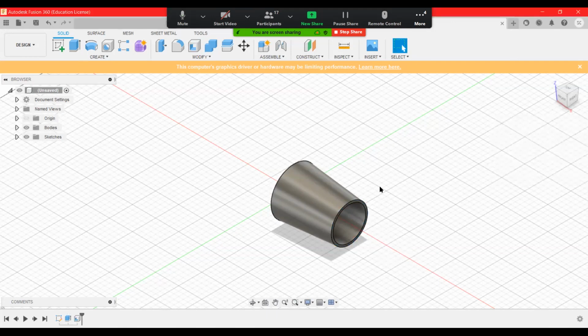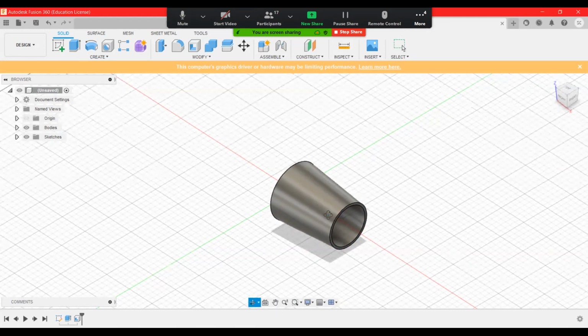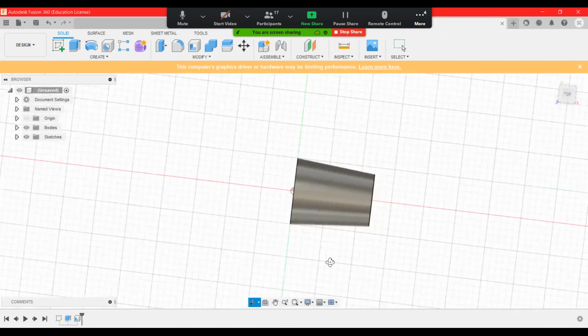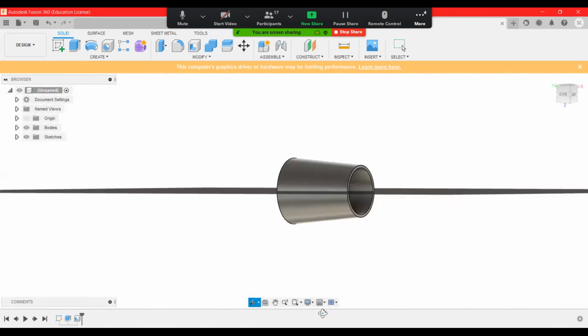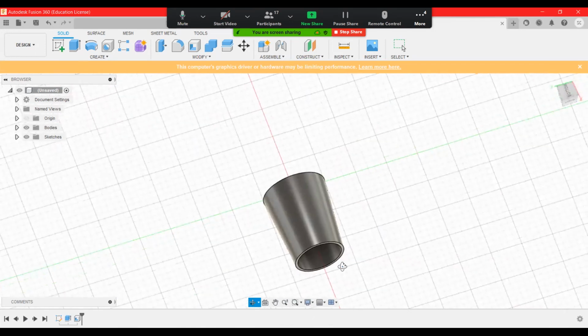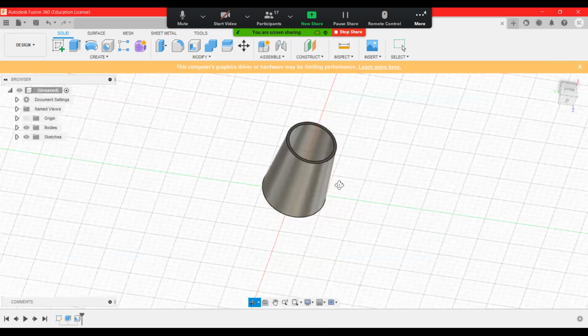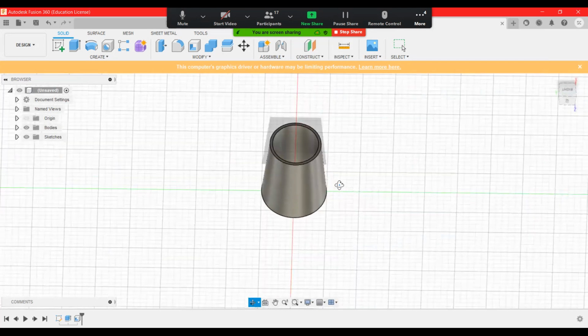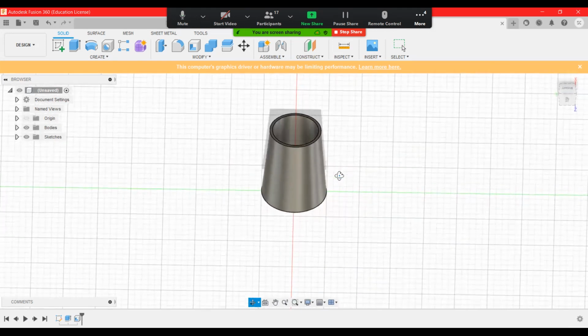Now you can rotate your object and you can see. Now I don't have control. Shift and middle mouse button. Is this okay? Yeah, that's fine. Now this is called bottom-up approach, where you have drawn the sketch first, then you are going to use any of the 3D models.